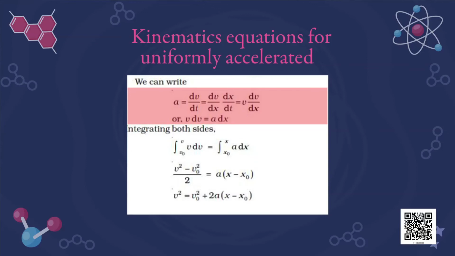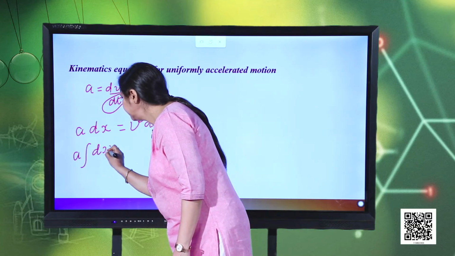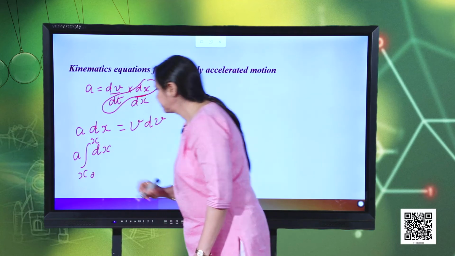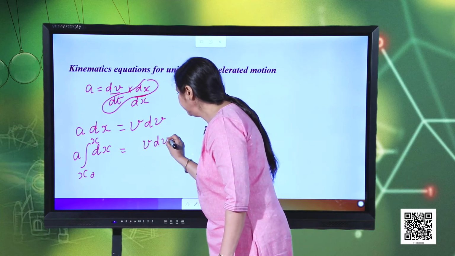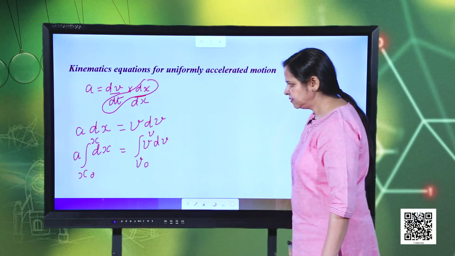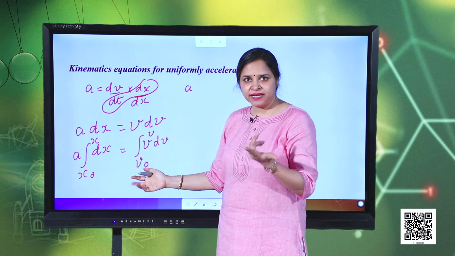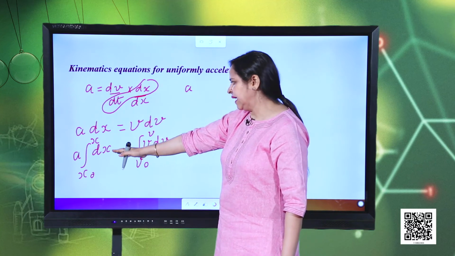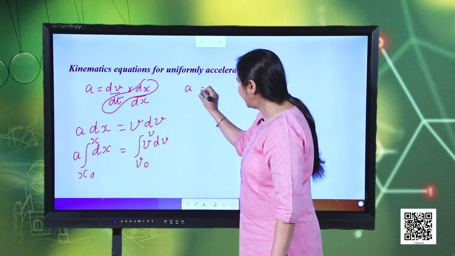Now, again I integrate this entire equation, acceleration, then integrating dx with the limit of x. So, here the limits are x naught to x again. The same limits we are taking is equal to integrating v with respect to dv, and the limits will be v naught to v, right. Now, this a is constant here for the small displacement, a is otherwise constant also, it is a uniform acceleration. Now, the integration of x to the power 0 will be x,